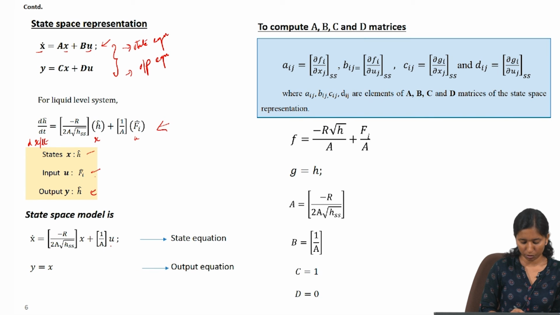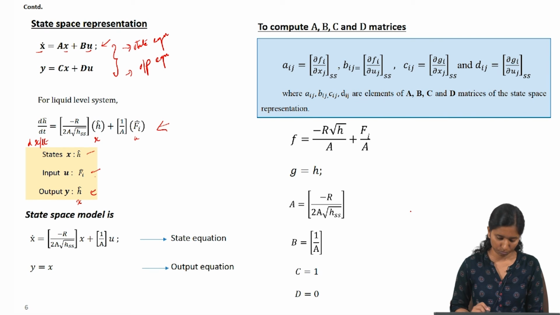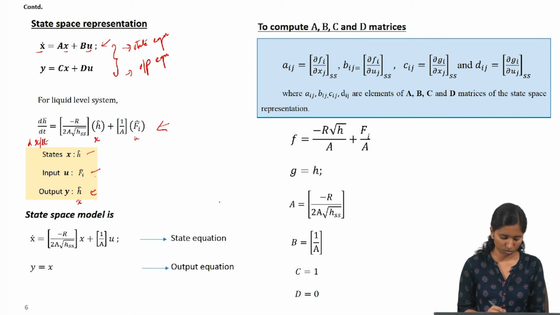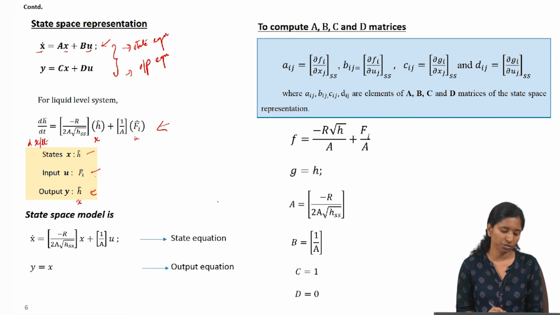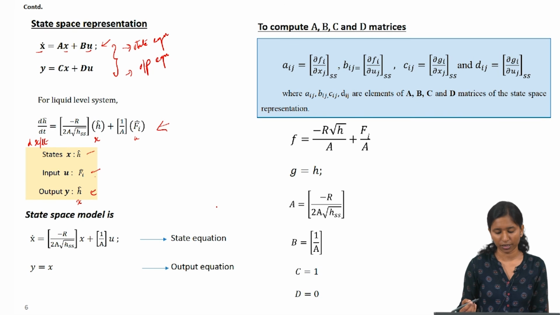So, the state space model for the state equation is written like this, and since y is the H, y is nothing but x. So, that is how we arrive at the output equation. This is a very intuitive and easy way to compute the state matrices, but the actual way for computing